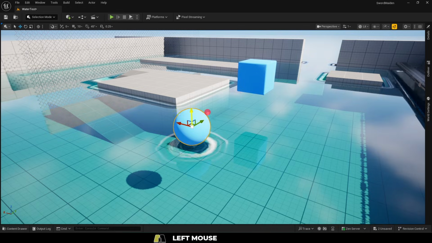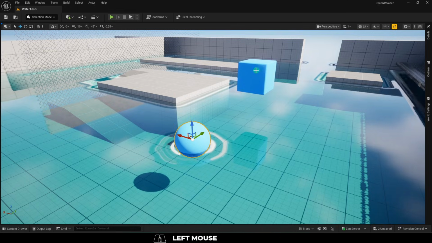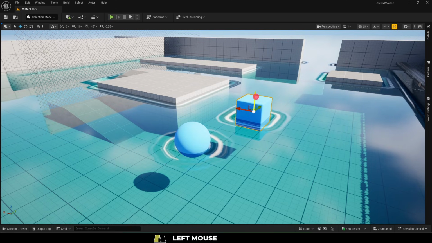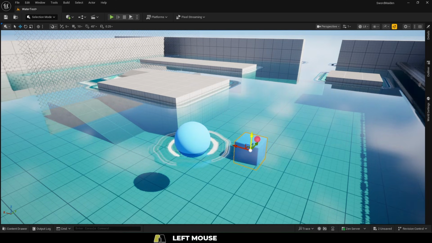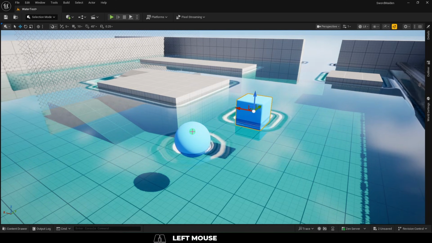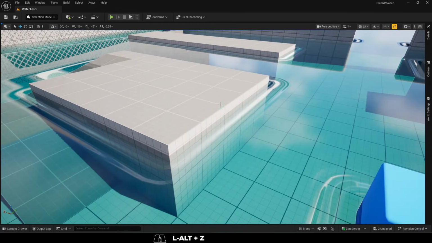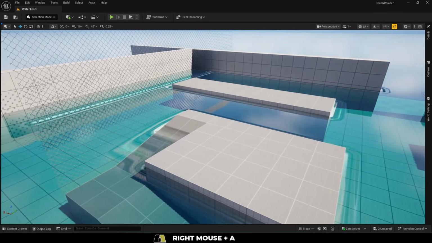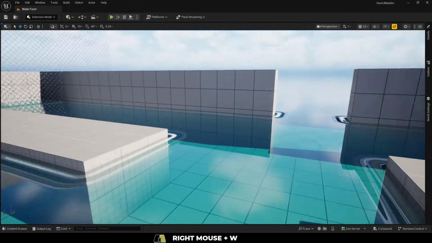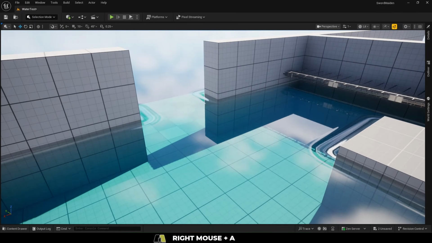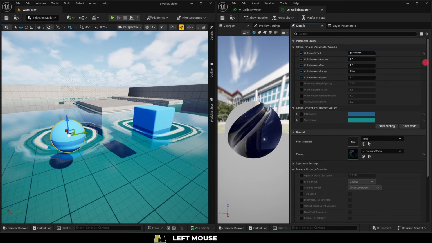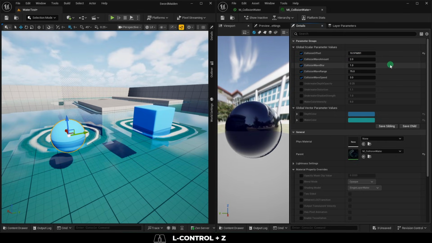Alright, take a look. When an object gets close to our water, you can see that it starts to react with ripples that are in the shape of the object. Pretty cool, right? And best of all, this is just math, so it's really light on the game. How it works is the absolute position node basically detects when an object is close to the material. Now to control it, the starting area upon collision can be increased or decreased with an offset,